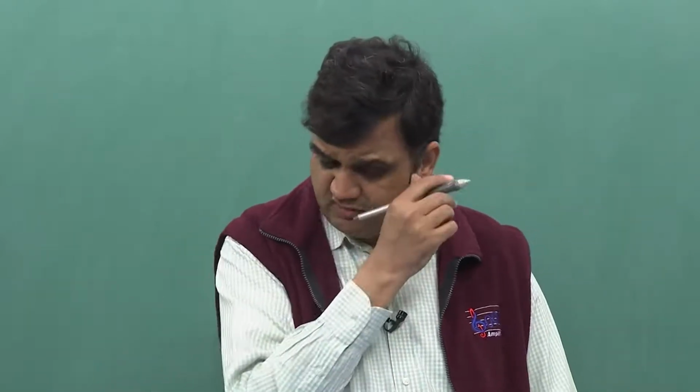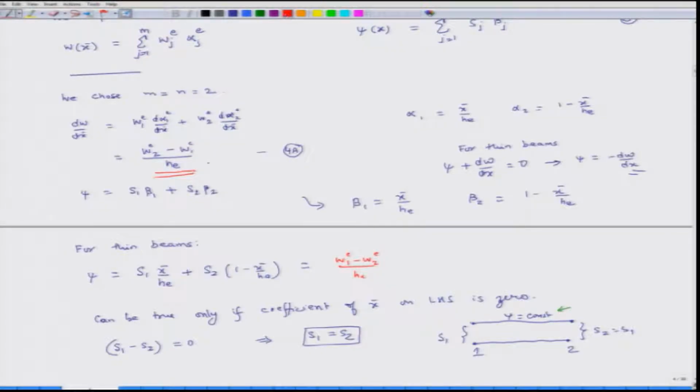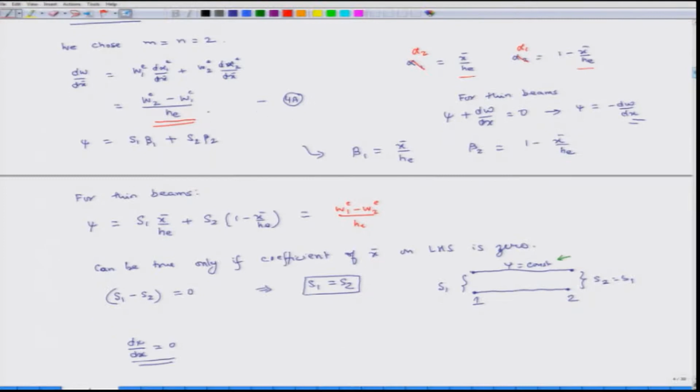The first error was that when I was defining these interpolation functions alpha 1 and alpha 2, alpha 1 was defined as x bar over He. Actually, this should be alpha 2, and similarly this should have been alpha 1. So, alpha 1 is 1 minus x bar over He and alpha 2 is x bar over He. So, this was one error, and as a consequence of that error